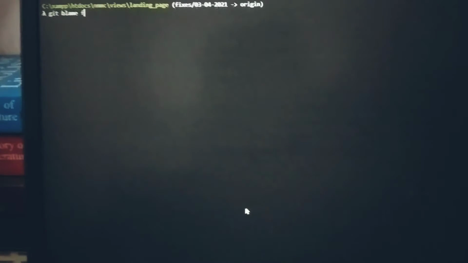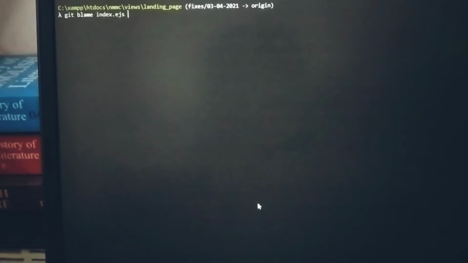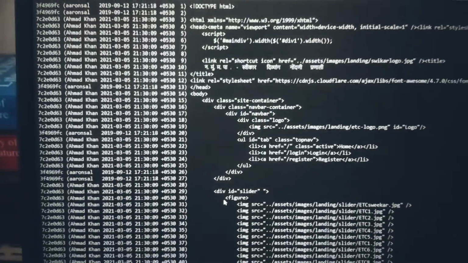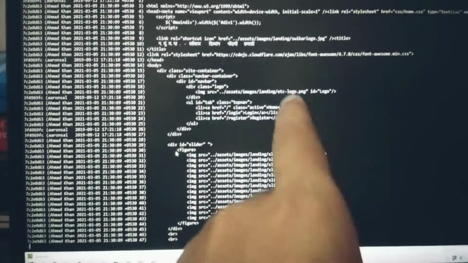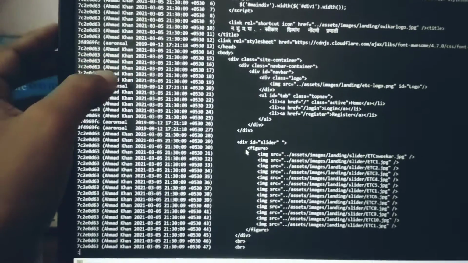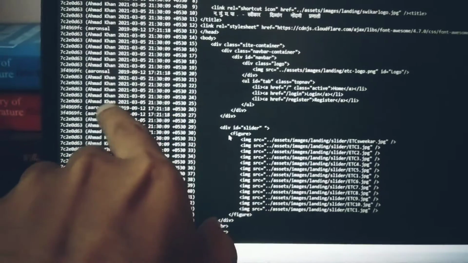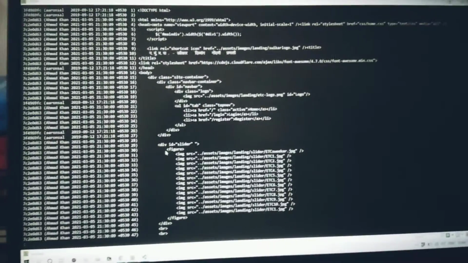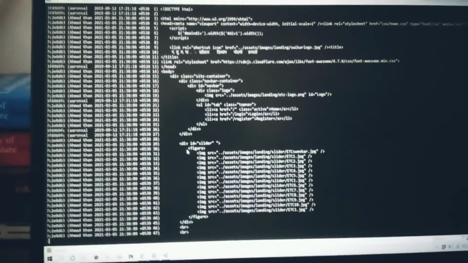So here is a quick little command called git blame, and the way you use it is git blame and then the file name, right? Hit enter, and then you get all the changes that took place in the commit and the authors that made the changes in those lines. So you get detailed information about any commit, about the author who has made changes to those lines. But git blame is very useful when you want to track down the author that has made the changes in certain commits.